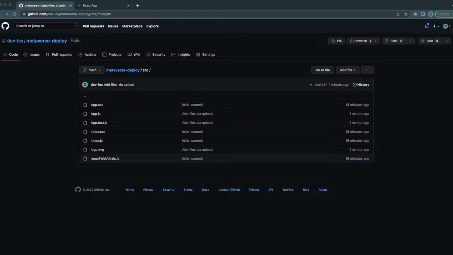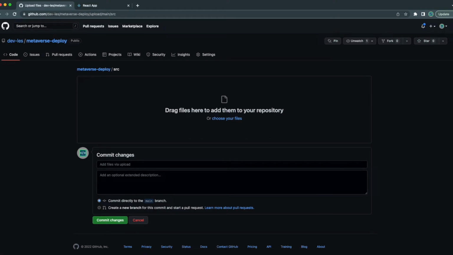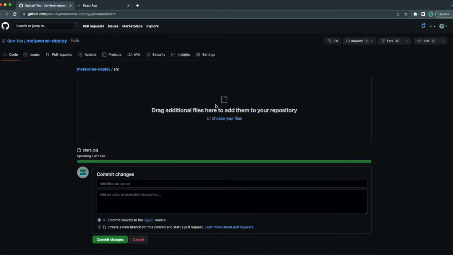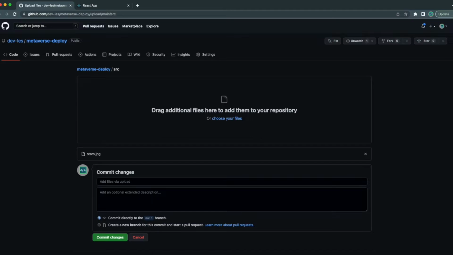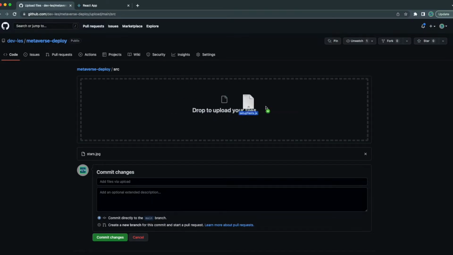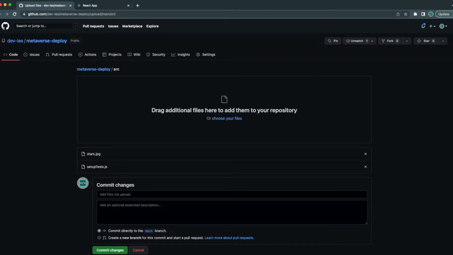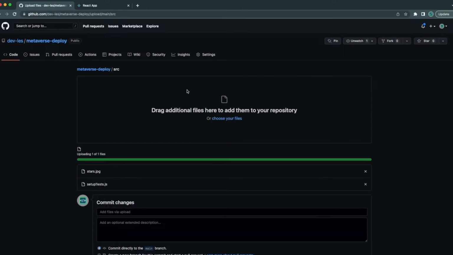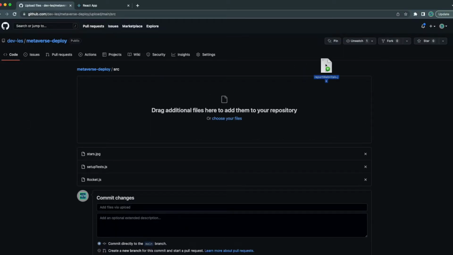Report is there. Rocket.js isn't there. So let's see. I'll add this file. Star JPEG. Can't remember if this one's already there, so I'll just add it again. Set up tests, even though we don't have tests. Rocket JS, web,